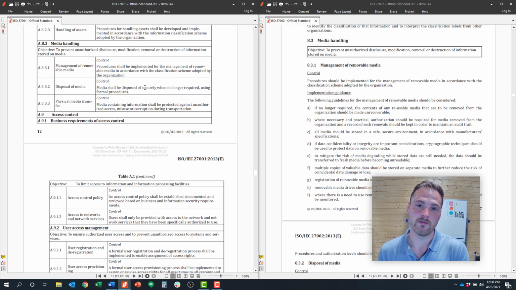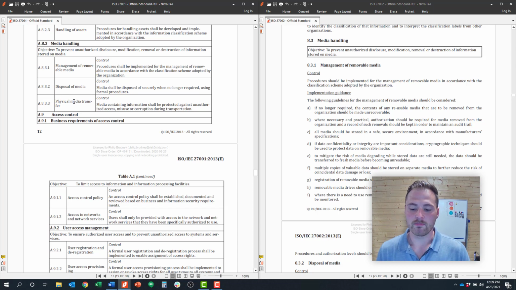From a digital perspective, you'd have to decide what is your data disposal process. And, for example, if you're in AWS and data reaches end of life, what is the permanent erasure process for your organization?